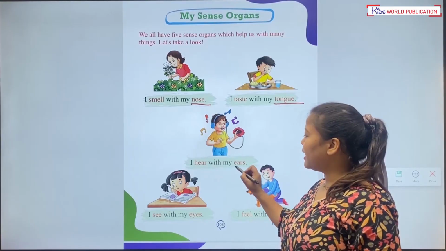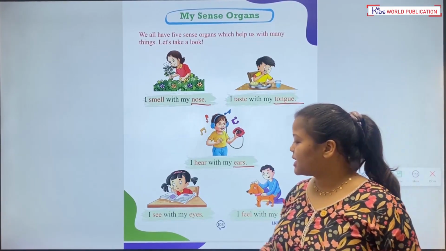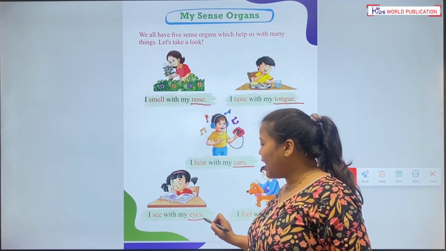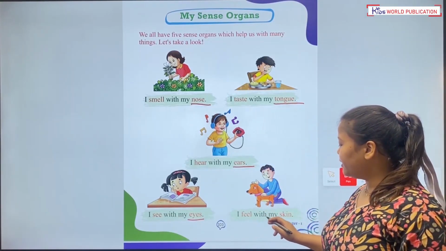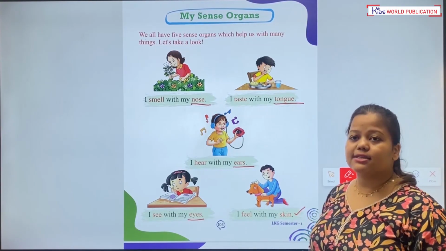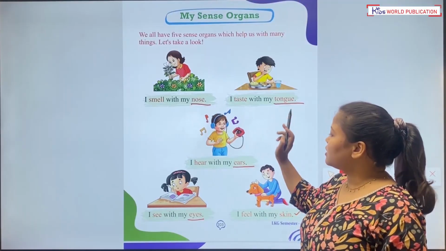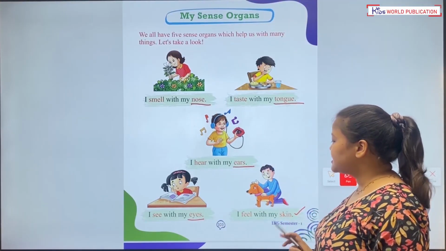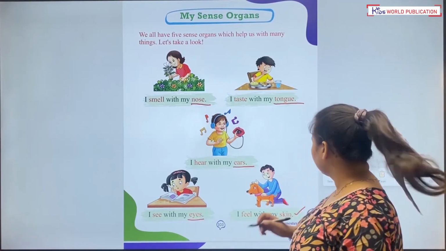I hear with my ears. Ears are also our sense organs. I see with my eyes. Eyes are also our sense organs. I feel with my skin. So skin is also our sense organ. So nose, tongue, ears, eyes and skin are our 5 sense organs.